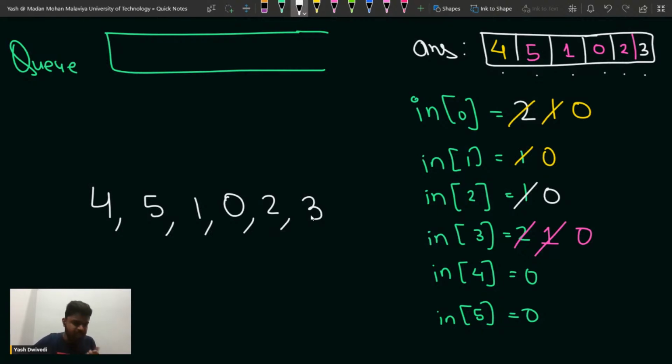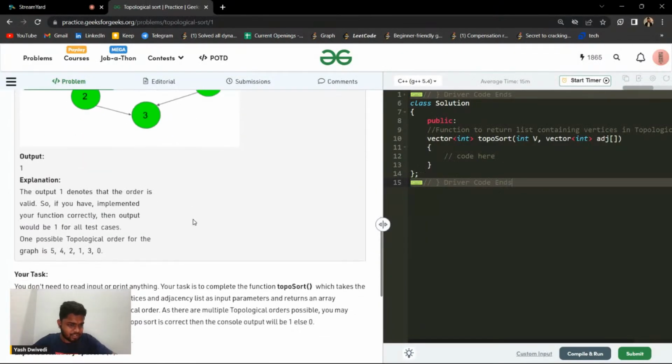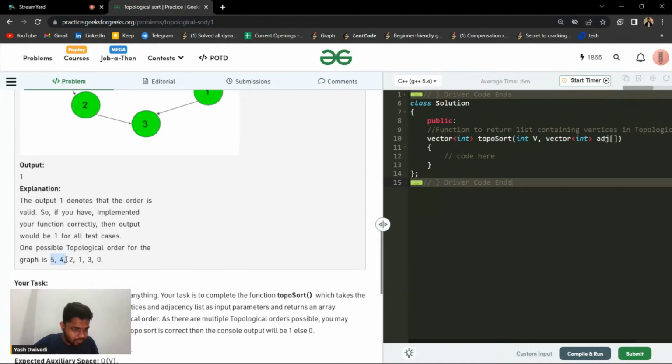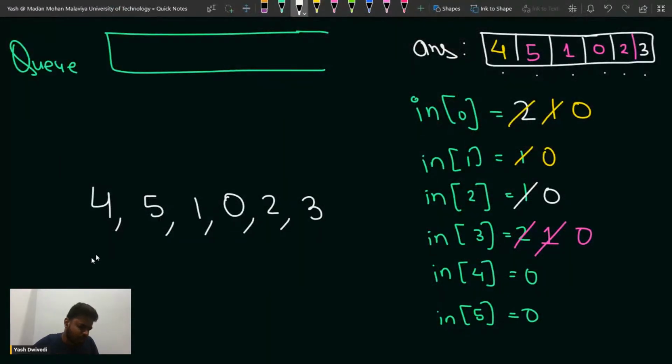Right, guys? Is this much part clear to everyone? I think this is the answer for this one. I'm not sure, 5, 4 is also fine, then 2. They have taken it a different way, but this is also fine. There can be many answers for it. Is this much part clear to everyone? If this much part is clear,